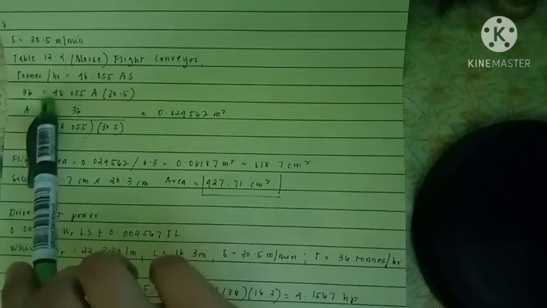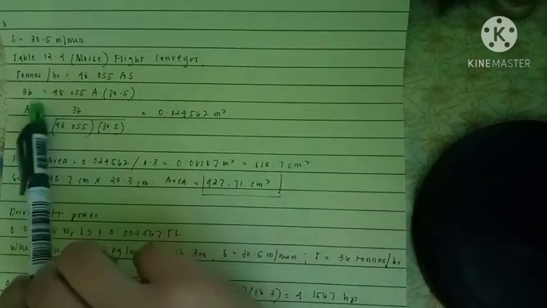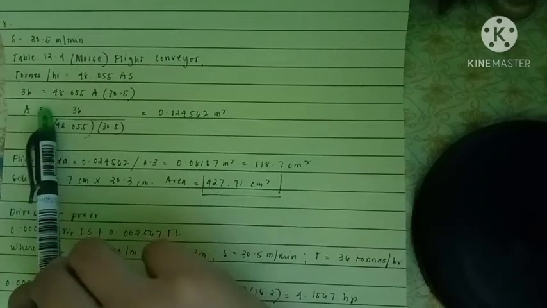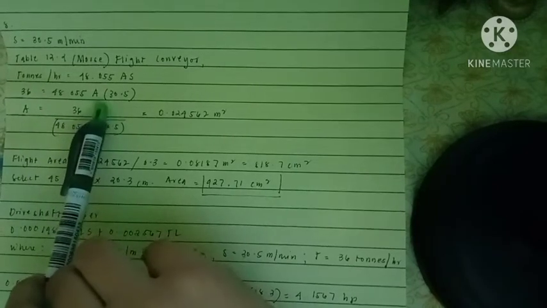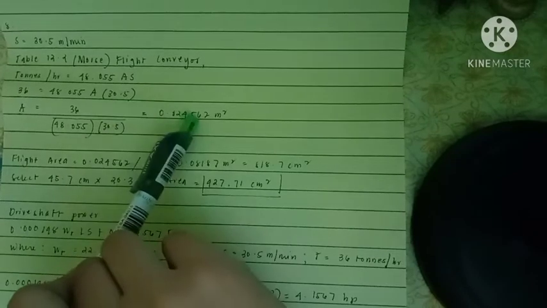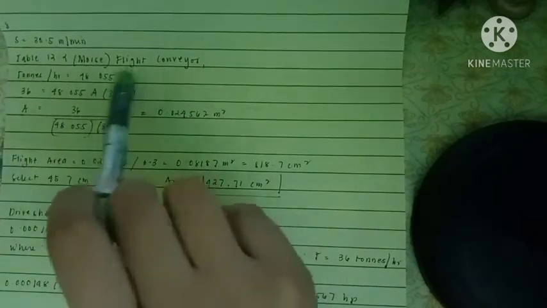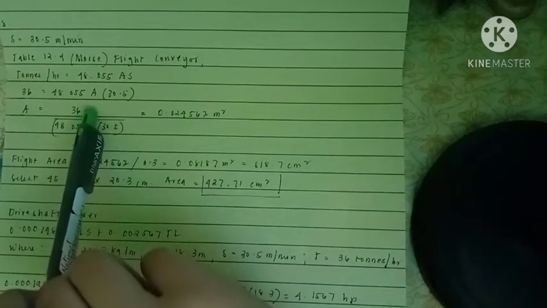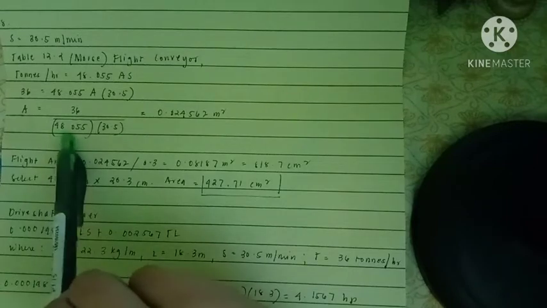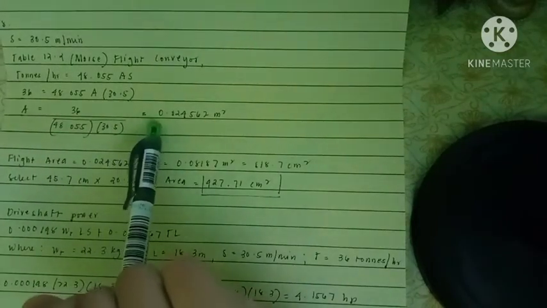So plugging in our values, 36 is equal to 48.055 A times 30.5, which is our S. So deriving this formula, A now is equal to 36 divided by 48.055 times 30.5, which will give us a result of